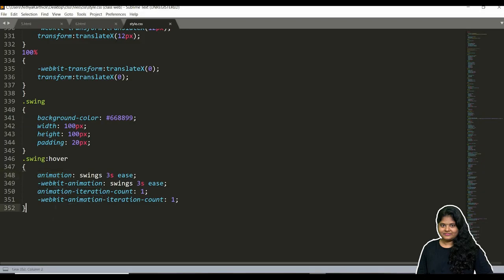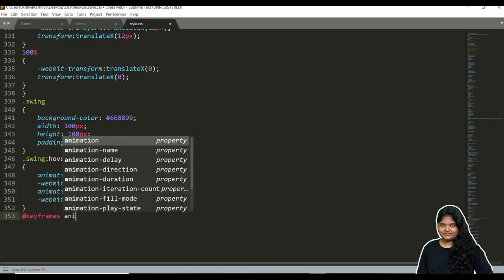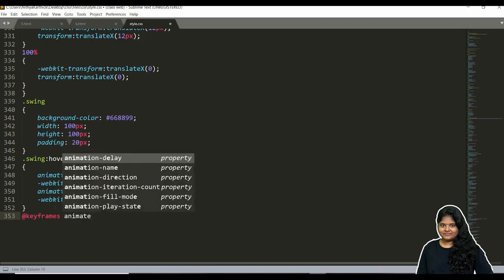Right, so now let me create another animation concept using keyframes. So let me create a keyframe, keyframes space, any example, just I am giving as animate.